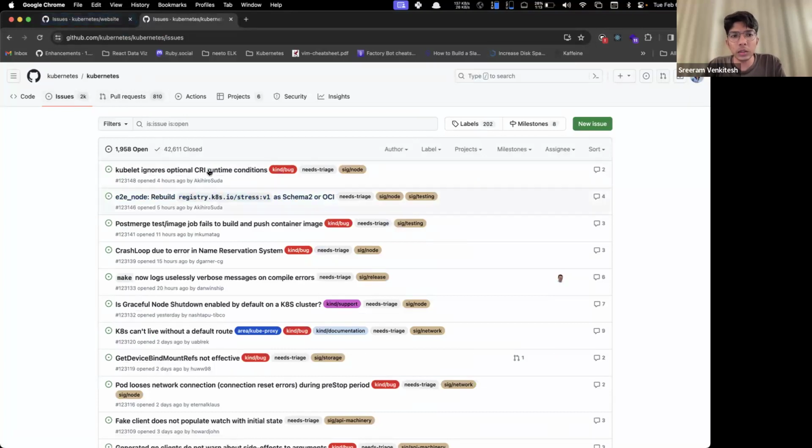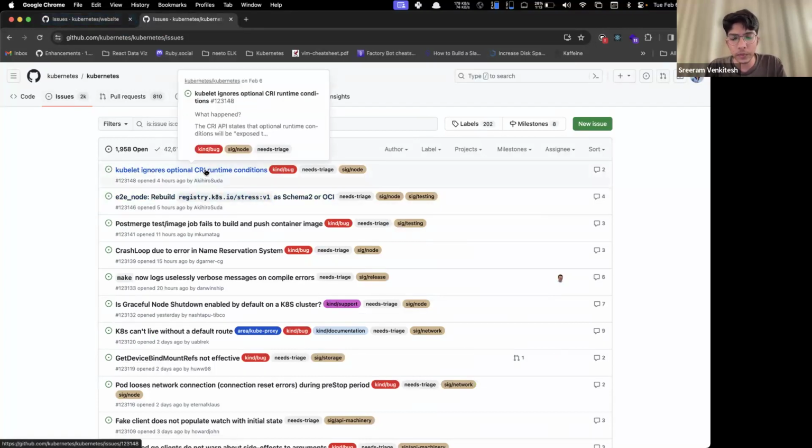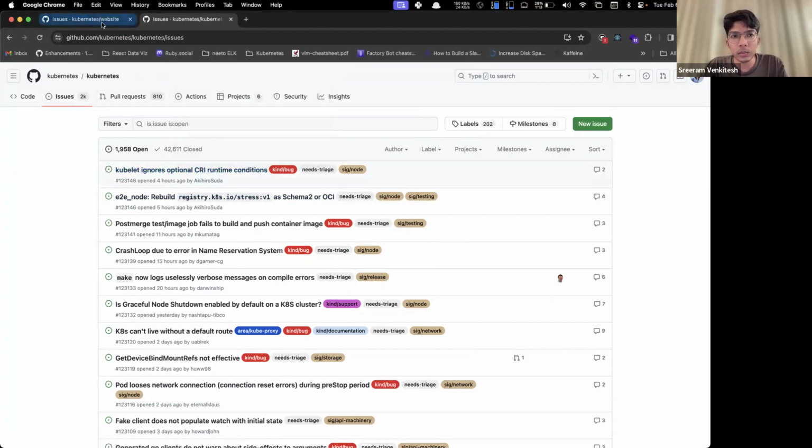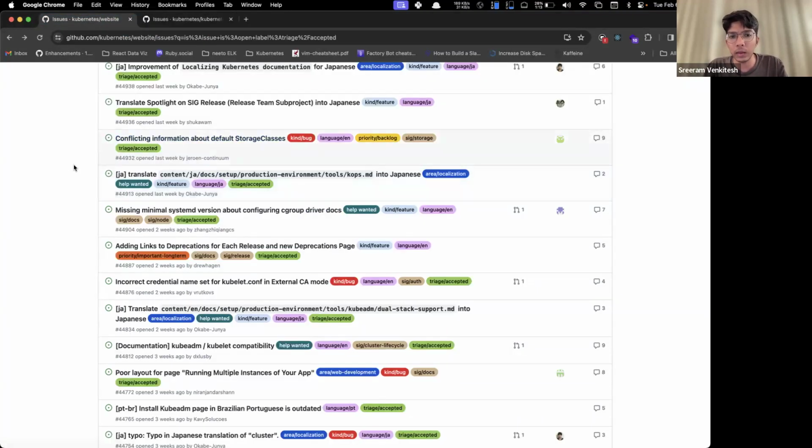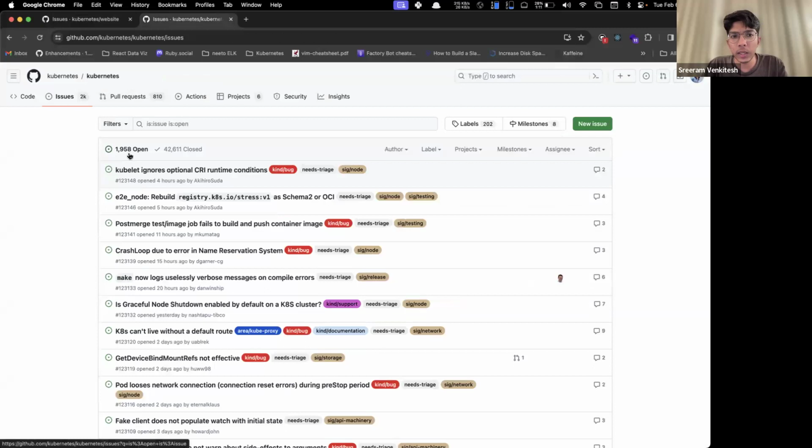So the scope is different in both these cases, because in Kubernetes website we only have documentation issues and changes to the website, whereas in Kubernetes we have the actual code base for all the different components. So this call is for SIGDocs specifically, but we can still help you out with contributing to this.